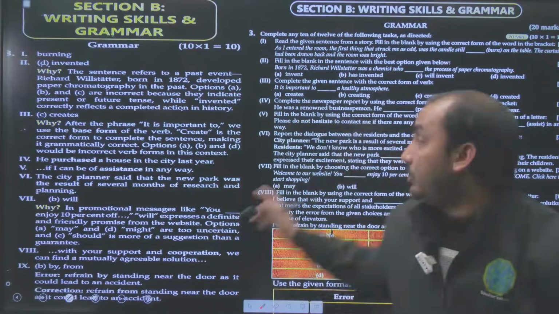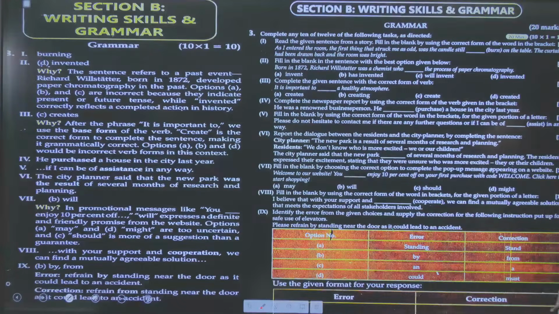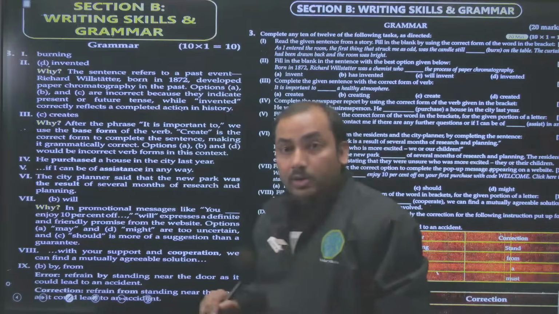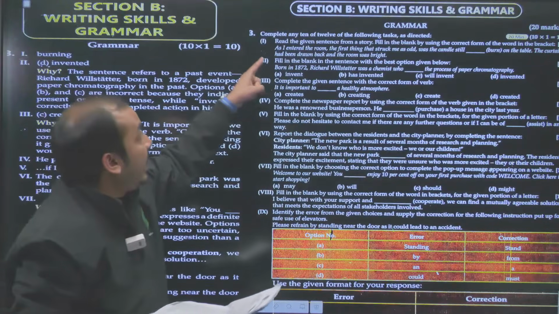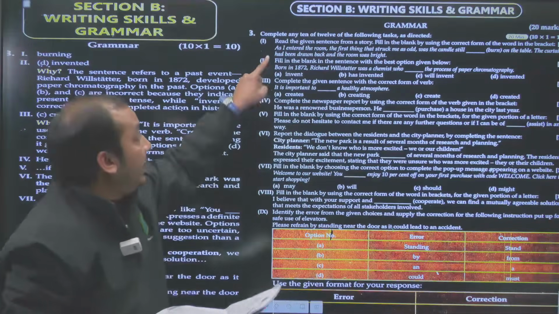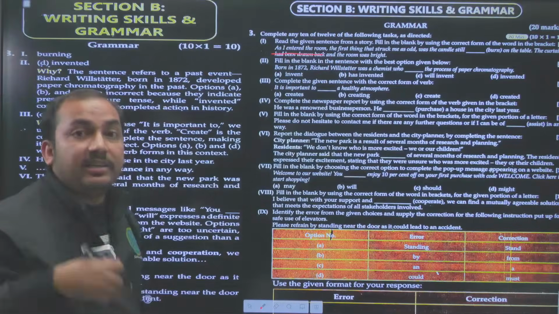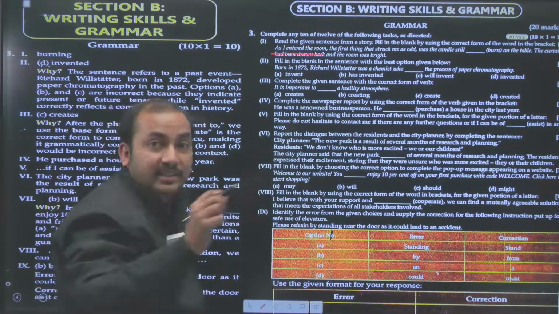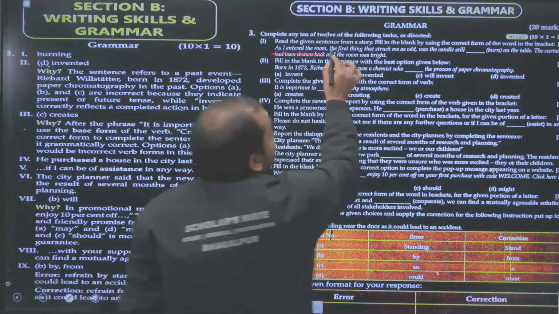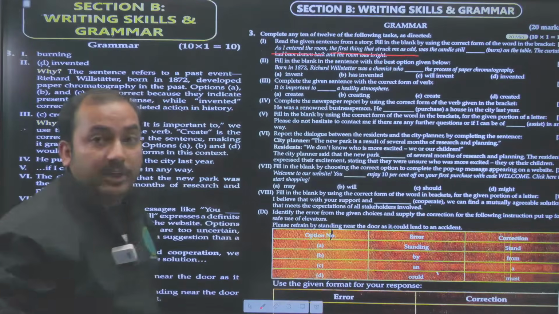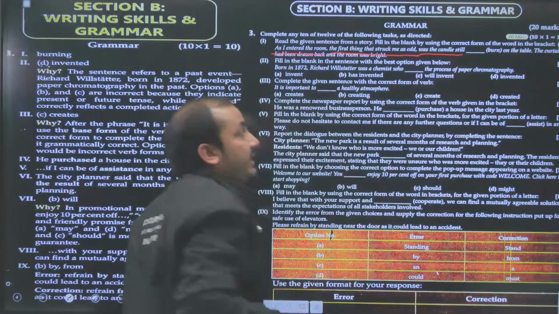As you can see, the first question given here says: read the given sentence from a story, fill in the blank by using the correct form of the word in the brackets. When you start reading the first question from this portion, question number 3, "As I entered the room," this sentence is given in the past form. "As I entered" is related to the past form. So the first thing we got to know is that this sentence is from the past. "The first thing that struck me as odd," meaning जो पहली चीज मुझे अजीब लगी वो क्या थी, "was the candle still,"